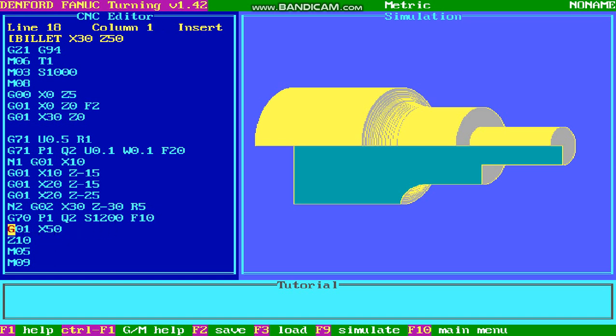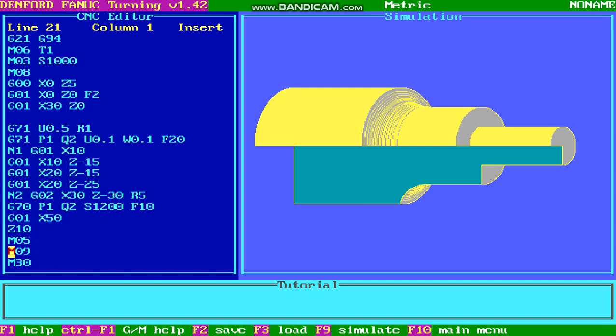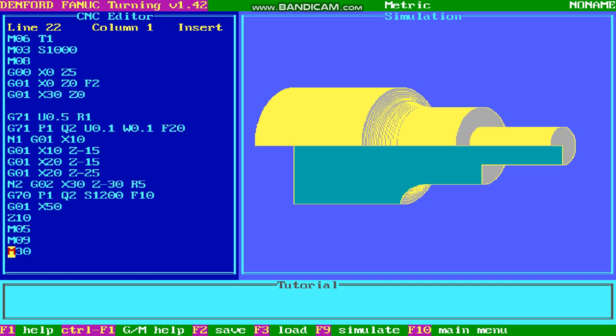Once your turning operation or finishing cycle has been completed, take the tool above the workpiece. So I have taken the tool to a diameter of 50 mm and then moved to the right corner by 10 mm with respect to the datum point. Stop the rotation of the spindle, which is given by M05, turn off the coolant, which is given by M09, and end the program by M30.